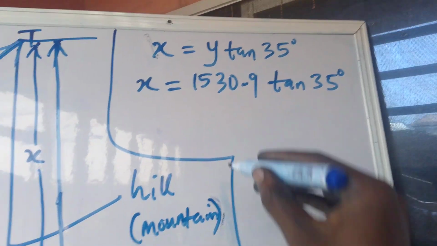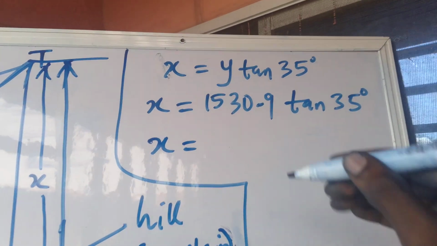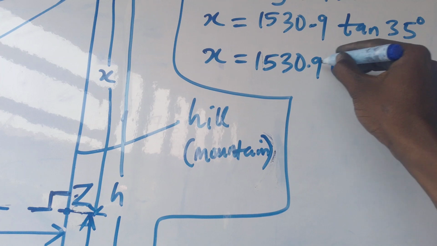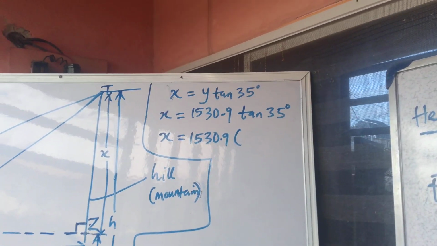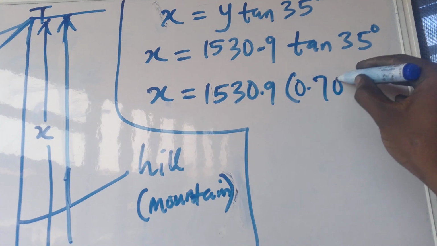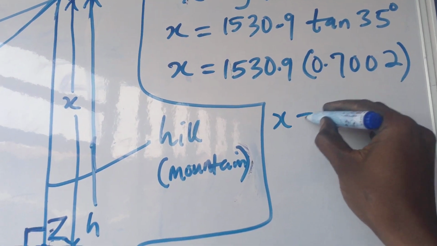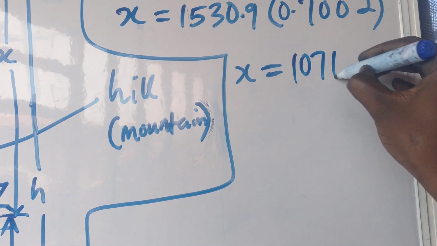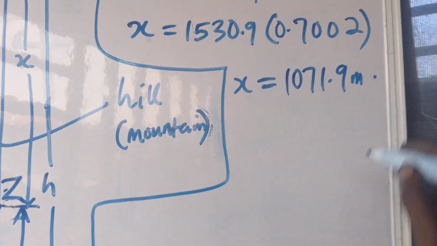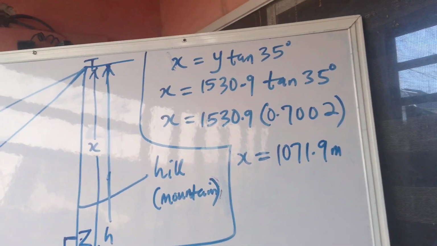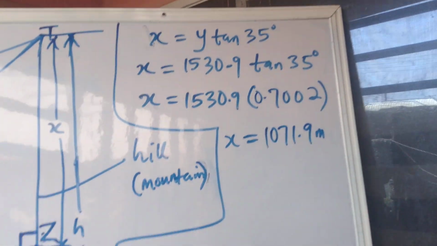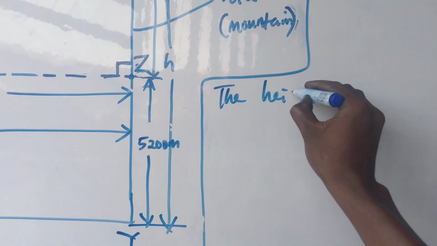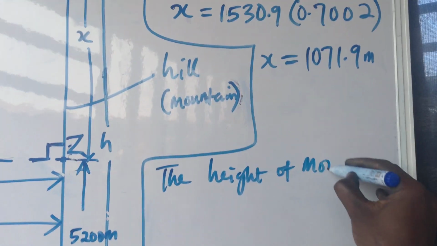Substitution means replacement. So x will be equal to 1530.9 times tan 35, which is 0.7002. Multiplying that gives me 1071.9 meters. That is x, 1071.9 meters. So I can then say the height of the mountain,